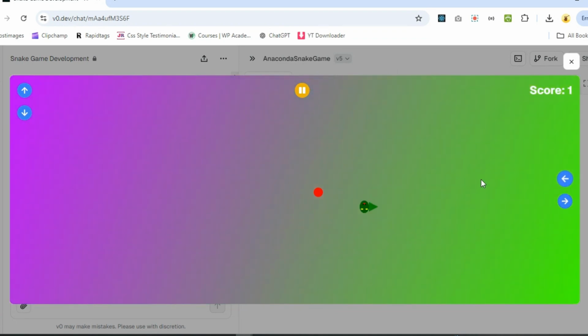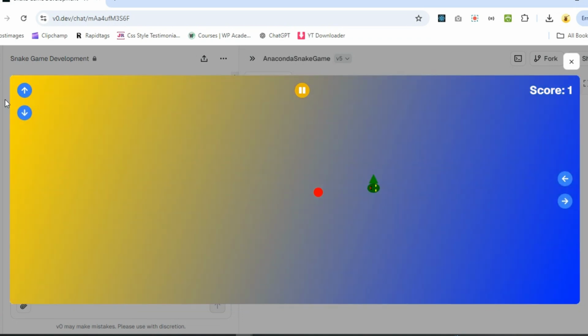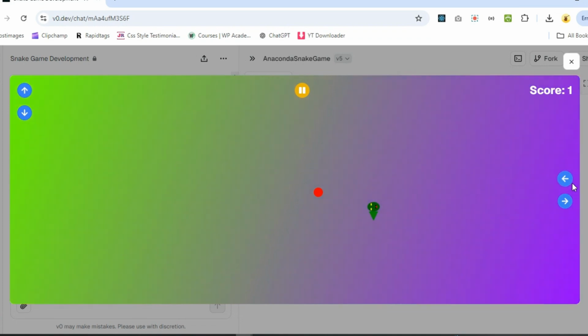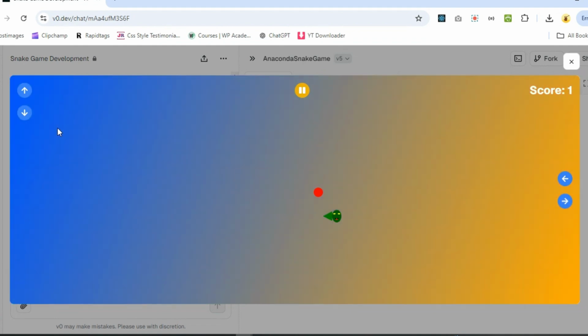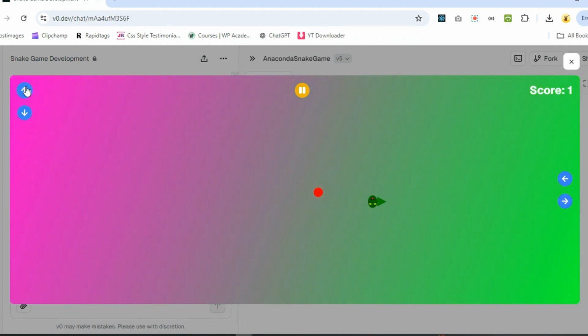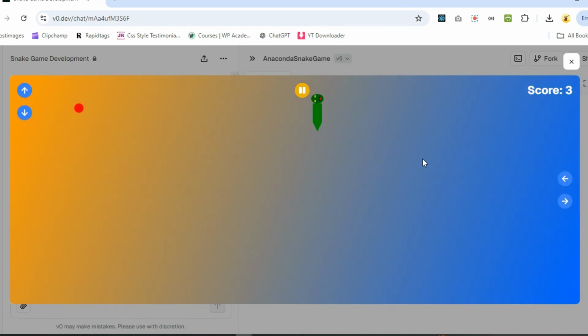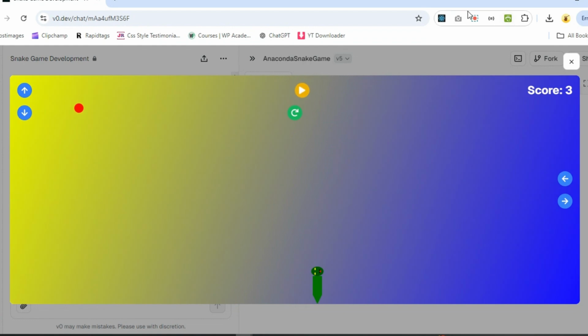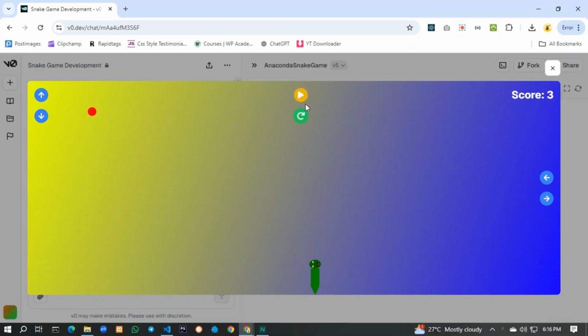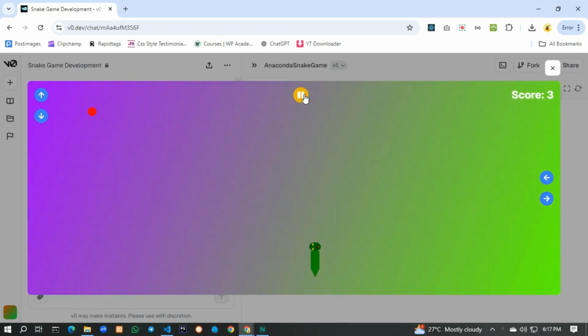One more thing I have to show you is if a snake eats by itself, then the game finishes. Score is 1, and now you can see score 3. Now if I resume the game,